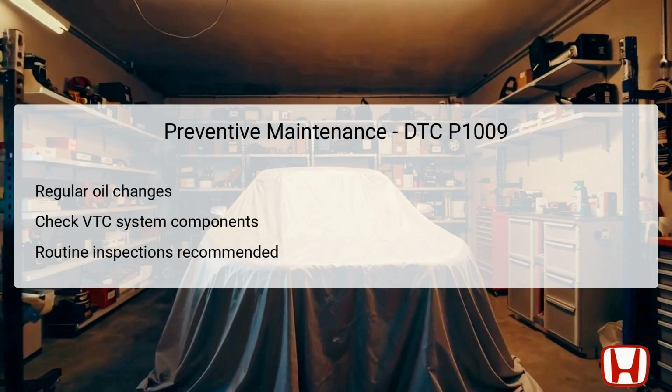To prevent recurrence of DTC P1009, implementing a regular maintenance schedule is crucial. Frequent oil changes with high-quality oil ensure that debris does not accumulate, significantly reducing the risk of clogged components like the VTC strainer. Regularly checking the functionality of the VTC system components, such as the solenoid and actuator, can preemptively